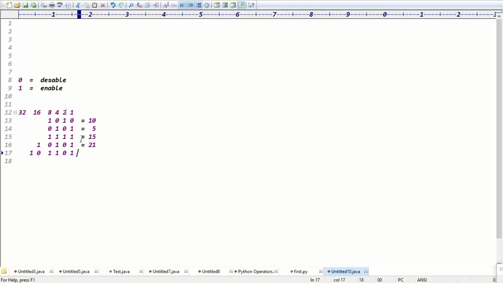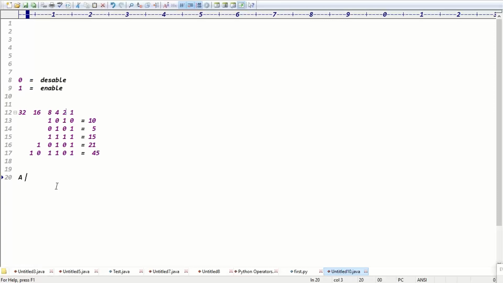In this case, now 32 is enabled, right? What is the output? 32 plus 8 is 40, 40 plus 4 is 44, plus 1 is 45. 45, right? Exactly, guys. To check if data is enabled, you look for the one. Disabled means 0. Just count the enabled values and you get the corresponding value. Guys, are you clear now? 0 means disabled, 1 means enabled. This is the data, right?